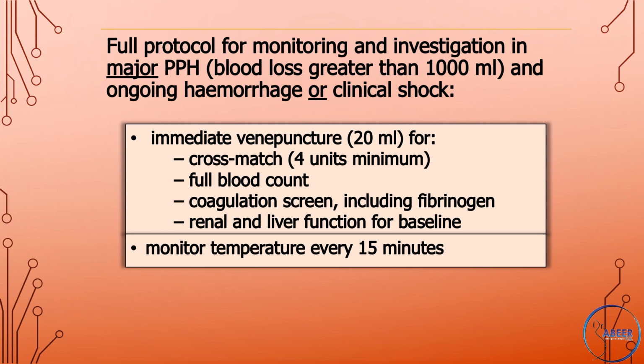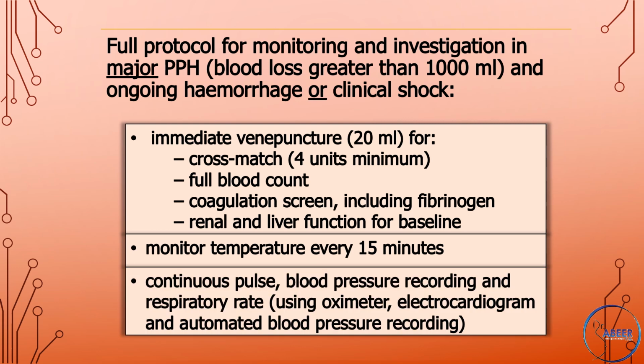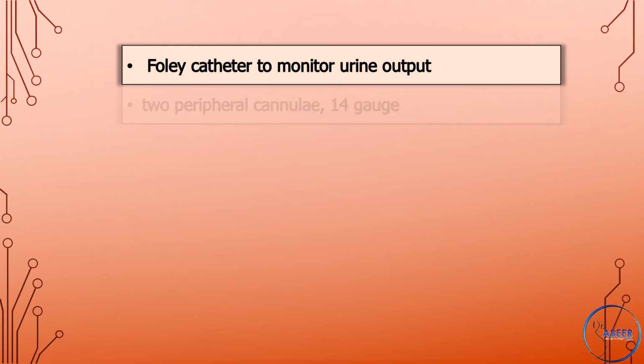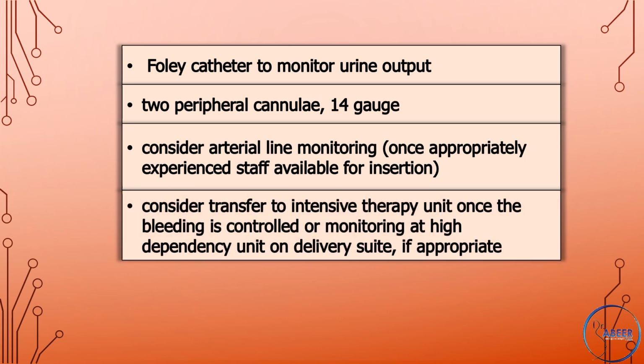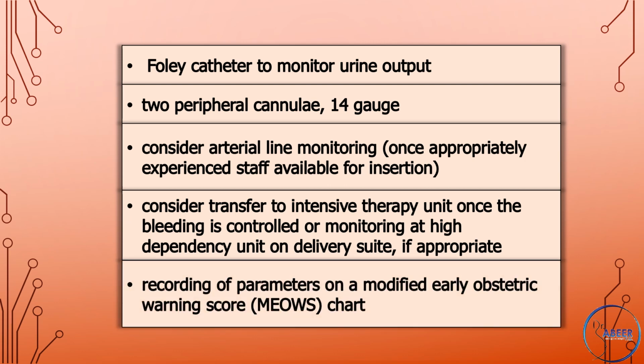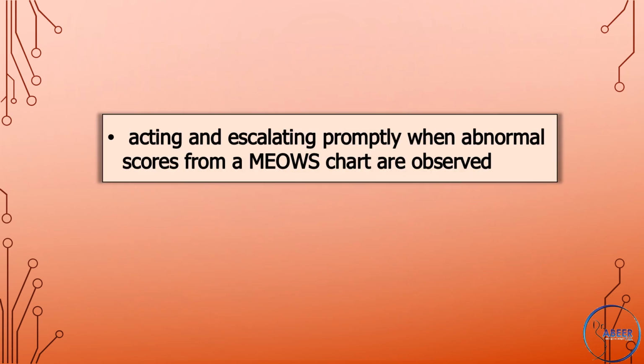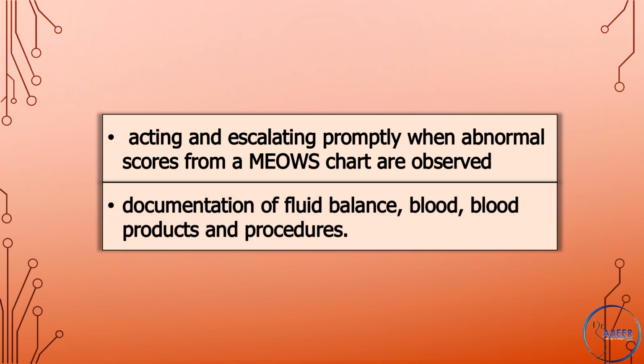Monitor temperature every 15 minutes, continuous pulse, blood pressure recording and respiratory rate using oximeter, electrocardiogram, and automated blood pressure recording, Foley catheter to monitor urine output, 2 peripheral cannulas, 14 gauge, consider arterial line monitoring once appropriately experienced staff are available for insertion, consider transfer to intensive therapy unit once the bleeding is controlled or monitoring at high dependency unit on delivery suite if appropriate, recording of parameters on a modified early obstetric warning score or MEOWS chart, acting and escalating promptly when abnormal scores from a MEOWS chart are observed, and documentation of fluid balance,